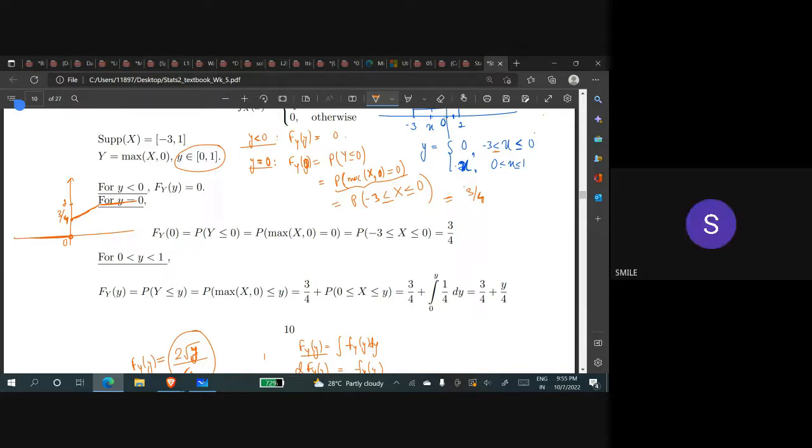Y can take any value between 0 to 1, because x can take any value between 0 to 1. So it is continuous. No, it is going to take